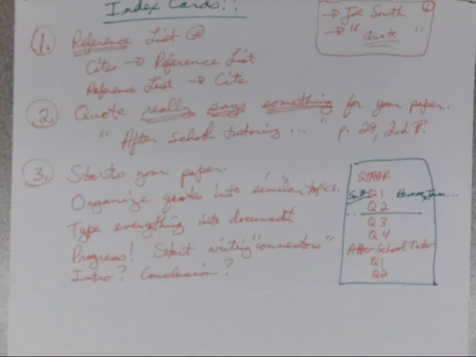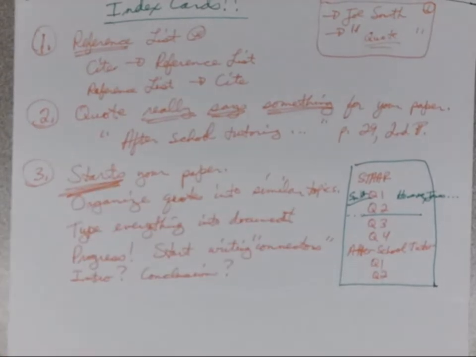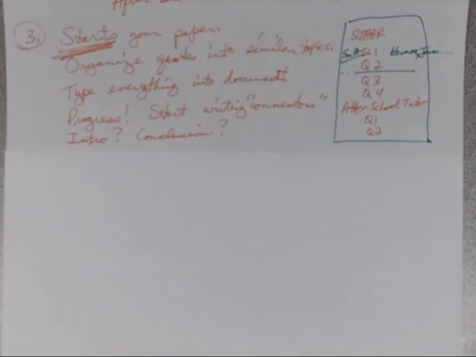Whenever you finish, it's just that putting all the quotes in there gives you a starting point, and that's what we want. We want to start. We don't want to be staring at a blank sheet of paper. So if you get all those quotes stuck in there together, then yay. Now I've got 5 pages. If I put in all those connectors and intros and conclusions, maybe it's 8 pages by the time I get there. So the more of that kind of stuff you can do, the easier it is to get more pages